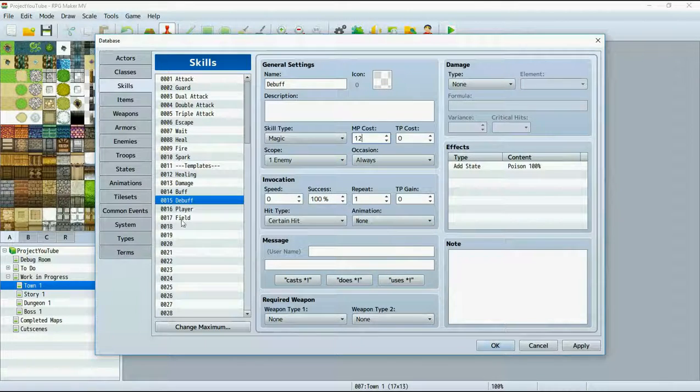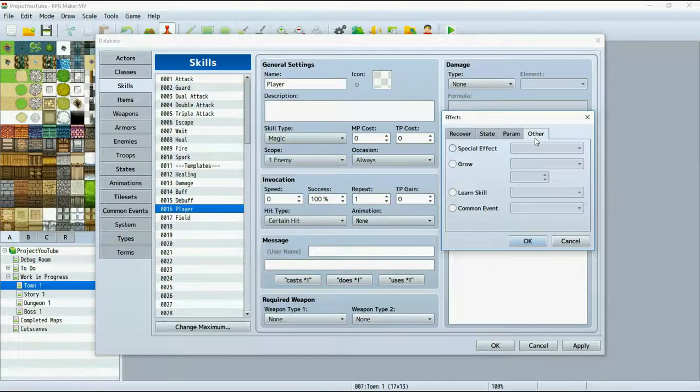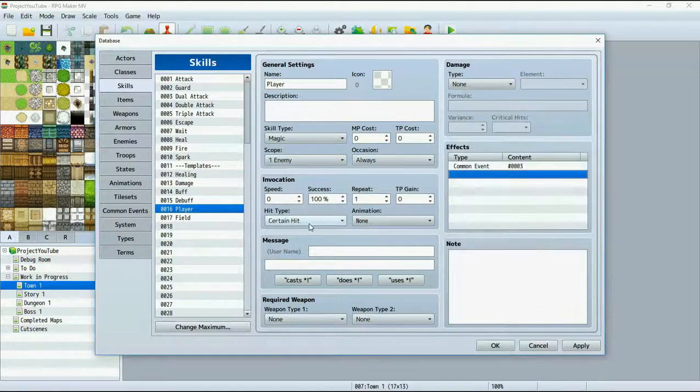So next we're going to move on to the player and field effects skills here, and these don't really have anything special yet because we don't know what we're going to do with them. So what we want to do is link them to their own common events. So I'm going to link them to common event 3